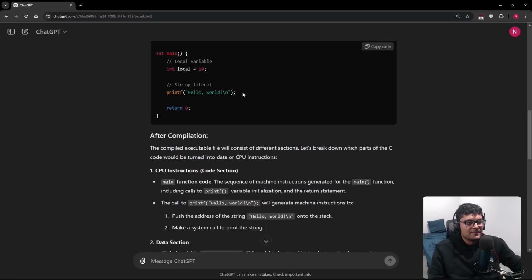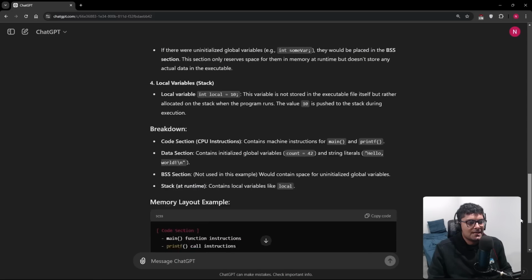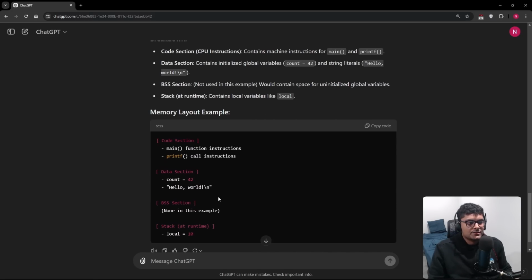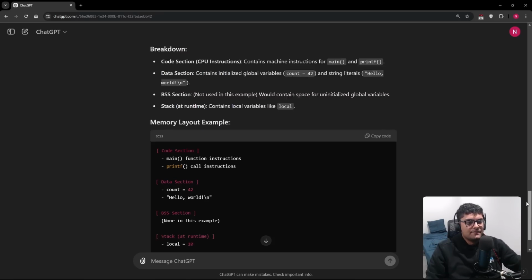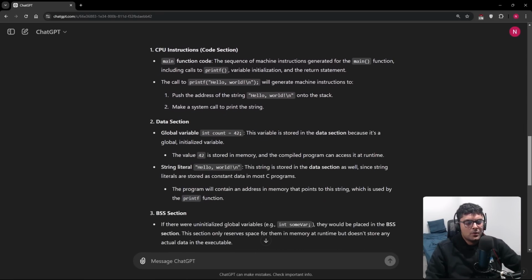So what does that mean? If I had multiple print statements, would that same string be copied multiple times? I'm assuming not, because that sort of optimization could be made. But actually, on second thought, if there are distinct strings and you want to update one of them, you don't necessarily want both strings to be updated.